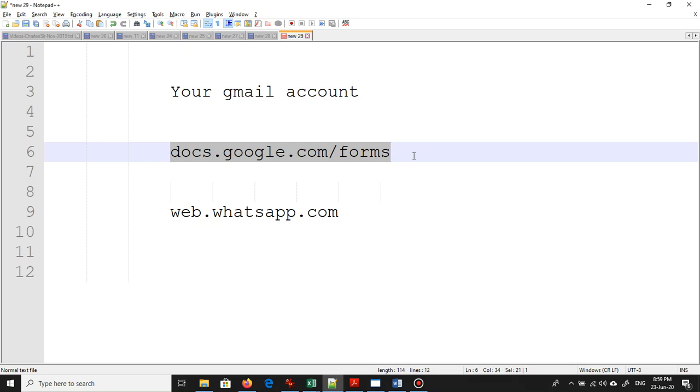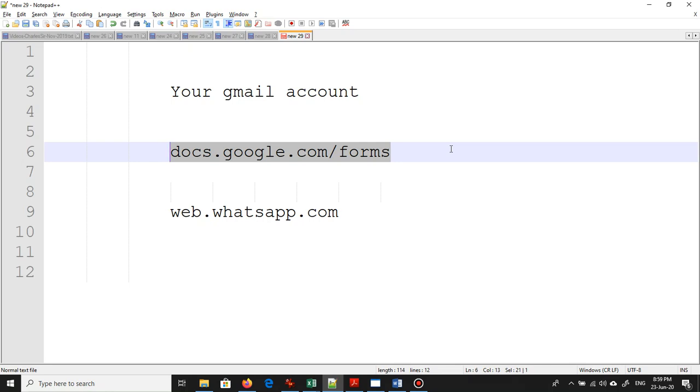Okay, the best way to go to the Forms site is actually docs.google.com/forms. So please remember this. Whether you want to do it on laptop or on phone, although I give you various things like go to open your Gmail account, click on those 9 dots on the right hand side, the launcher, and go to Docs and stuff like that, that is a long process. The best thing is just go to this site and that's it. You are already in Forms.